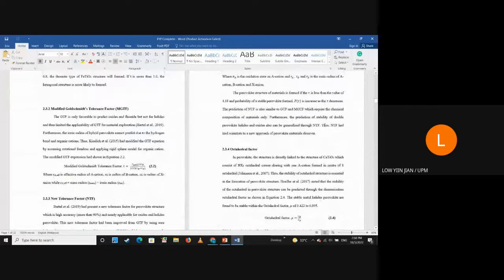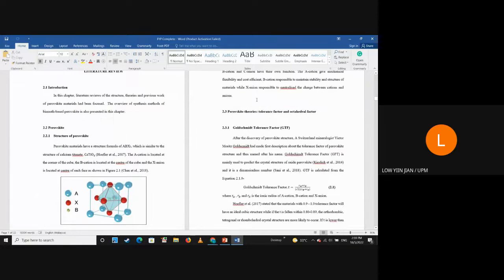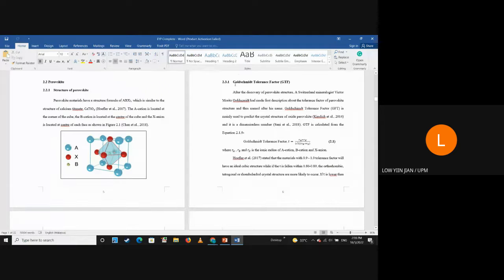For this, I have done the tolerance factor calculation. Before the substitution, I had to look for potential candidate cations to be substituted into the 329 or 2116 structure, in other words, a bismuth perovskite structure. There were a lot of considerations I had to take before I proceeded. I calculated using a worksheet. I forgot where I put it, but definitely I have calculated it. Basically I calculated with the Goldschmidt tolerance factor.